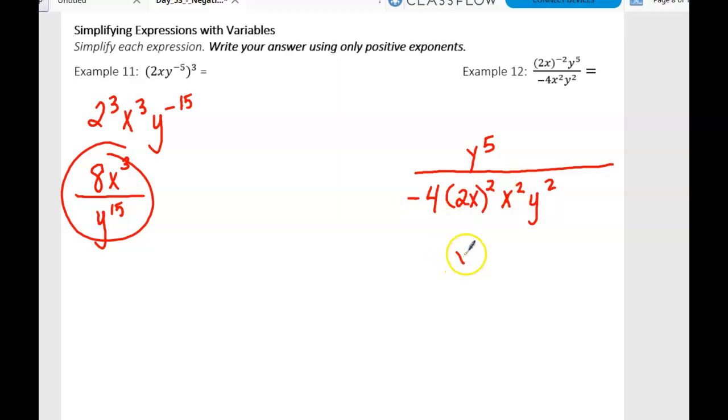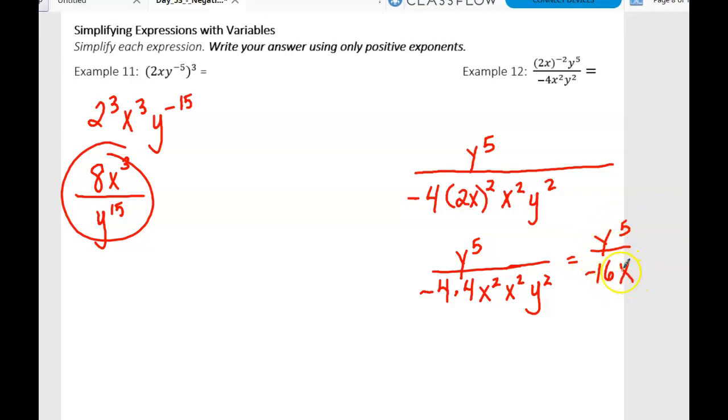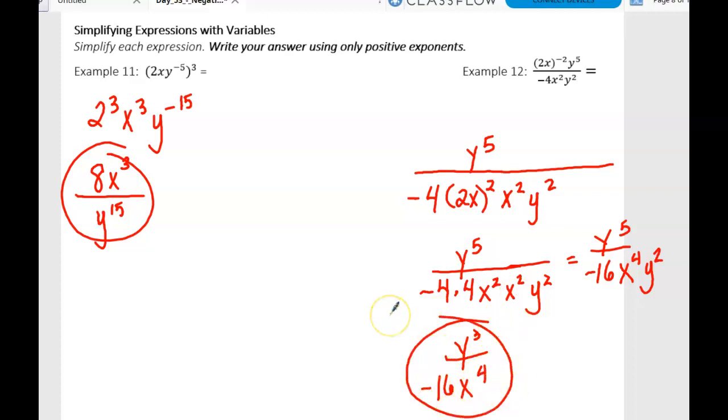My second step, I'm going to take what's in parentheses. So I've got negative 4, and that's going to be times 4, because 2 squared is 4, x squared. Then I have my x squared and y squared. Okay. So then my next step would be, y to the 5th, negative 4 times 4 is negative 16. My x would be, if I multiply, I add the exponents, 2 plus 2 is 4, and my y is squared. Okay, and then I can only have one occurrence of the variable, so I've got to divide y to the 5th by y squared, and when I do that, I get y to the 3rd, and then it's negative 16x to the 4th in the denominator. And there's my answer. Okay,